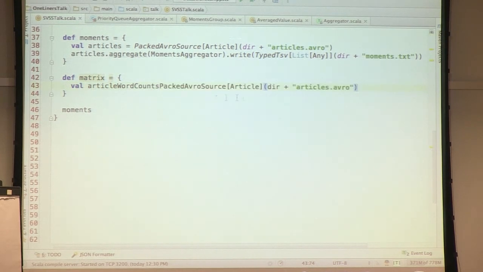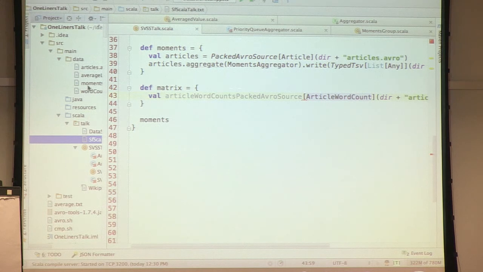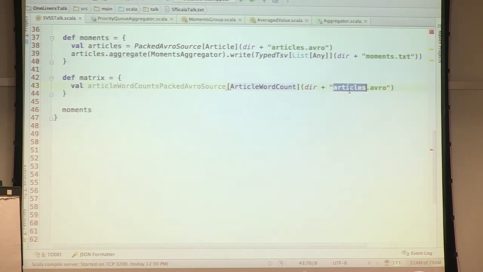Let's just read the data that Chris has just written. Let me see if it's called word counts dot avro. Again, this data is saved in an Avro format. Packed over source, everything is nice.